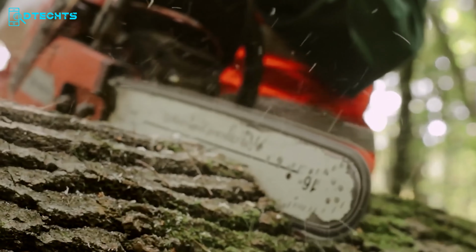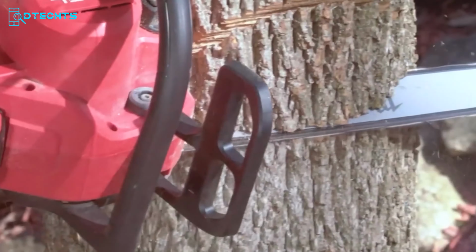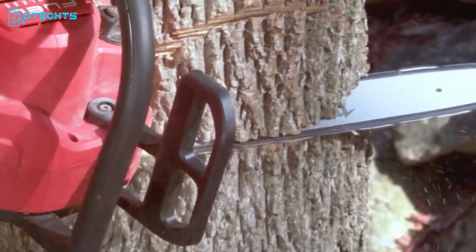The toughest job requires tough tools to be done. That's where the Milwaukee M18 Fuel Chainsaw comes in handy. This saw is built to meet the needs of professionals in landscape maintenance and power utility, as well as DIYers who demand the best. Thanks to its impressive power and performance, it lets you cut through hardwoods faster than gas-powered chainsaws and allows you to make around 150 cuts on a single charge, meaning you can work for longer without